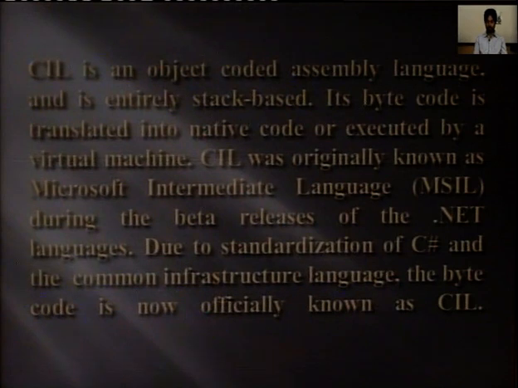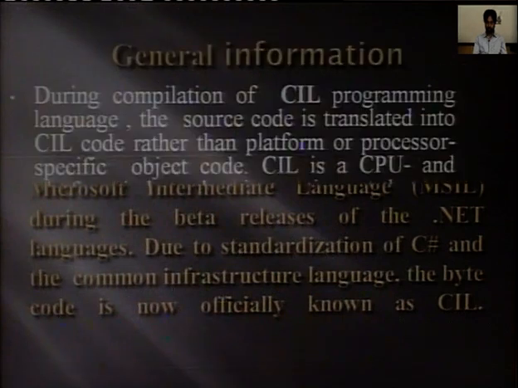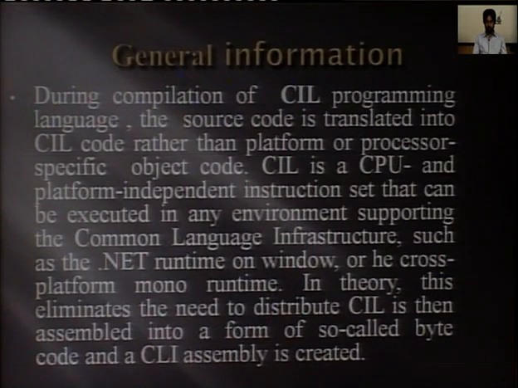CIL was originally known as Microsoft Intermediate Language during the beta release of the .NET Framework. Due to the standardization of C# and the Common Language Infrastructure, the bytecode is officially known as CIL. During compilation of CLI programming languages, the source code is translated into CIL code rather than platform or processor-specific object code. CIL is a CPU and platform independent instruction set that can be executed in any environment